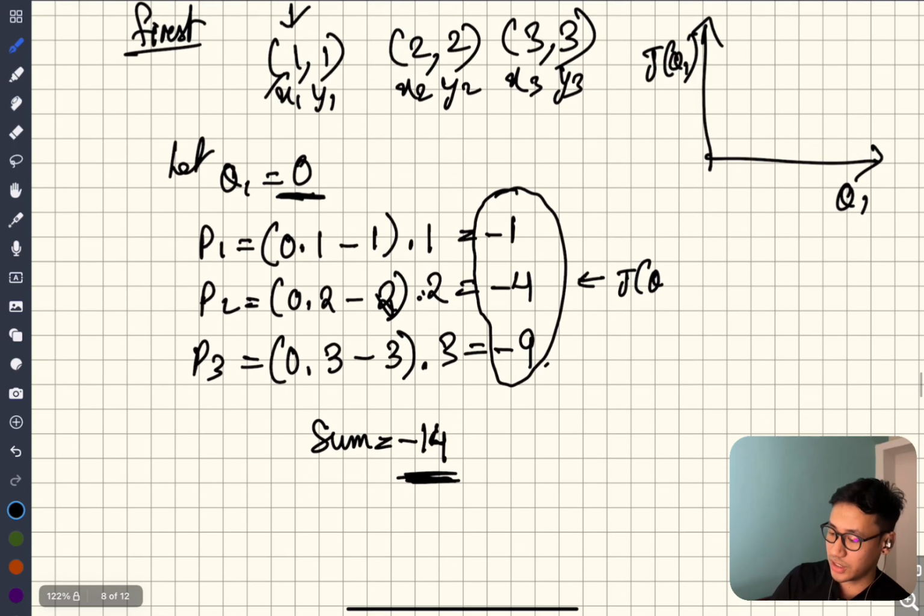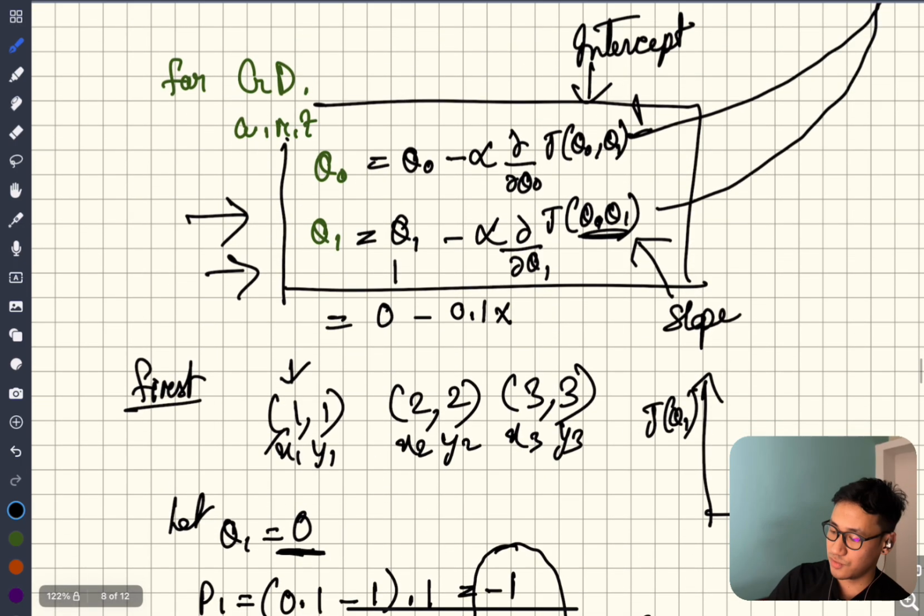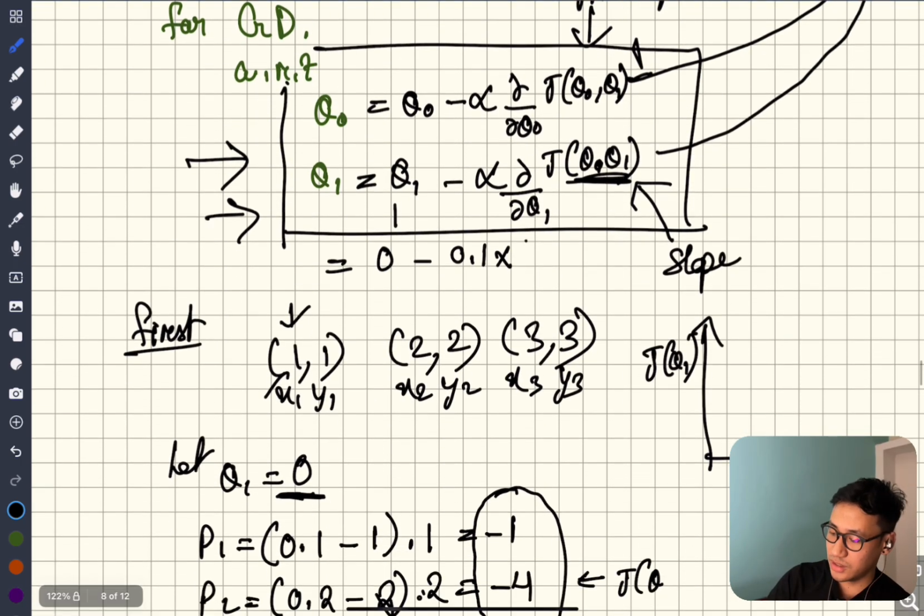So this sum is 14. If we divide it by 3, how many points? 3. You will find the average as minus 4.66. All right, this minus 4.66, this is the gradient descent, right? This gradient descent will put it here into minus 4.66. All right, if we try to find out the answer, it is nothing but